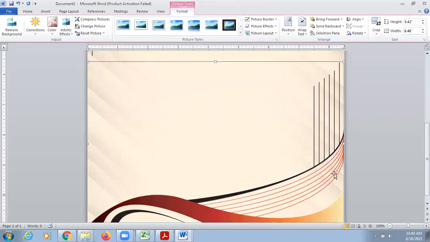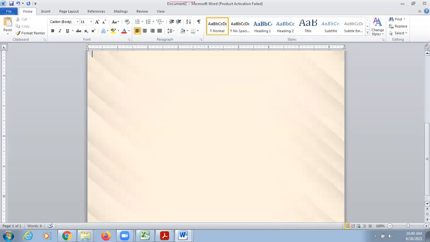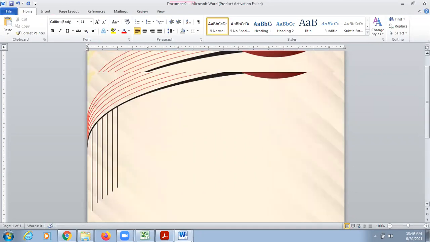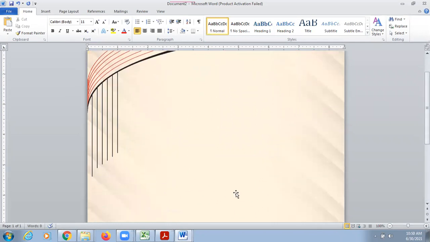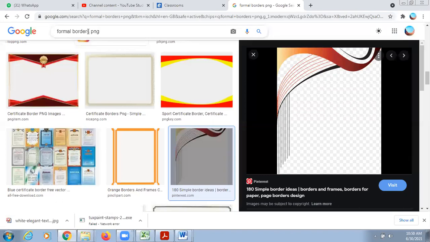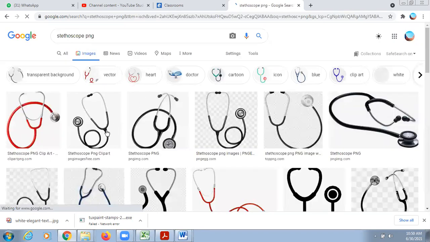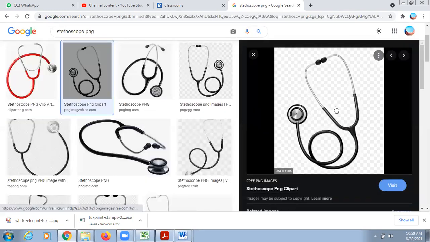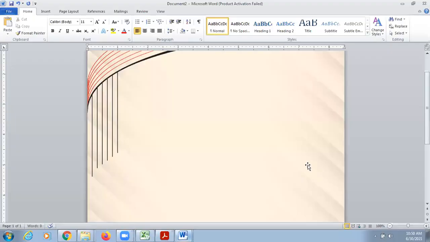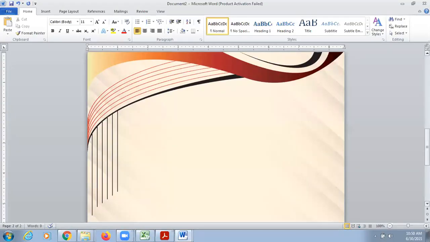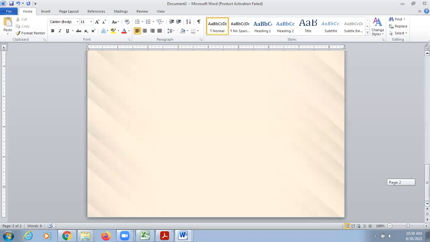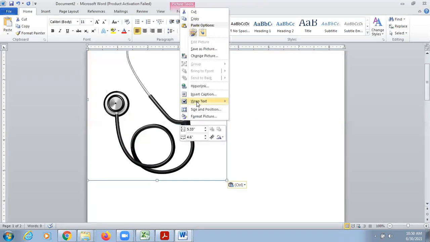Suppose it's a letterhead for doctor. Okay, you are creating a letterhead for doctor. So from top it is fine. It's a formal design. So we can search for stethoscope image, stethoscope PNG, and we can insert this image. Copy, paste, right click, wrap text